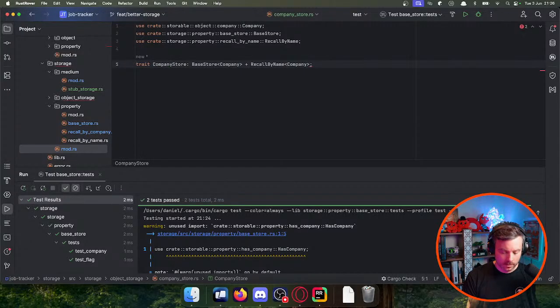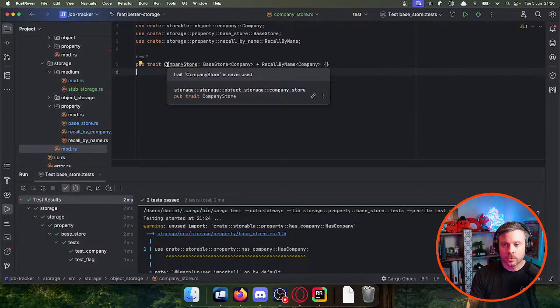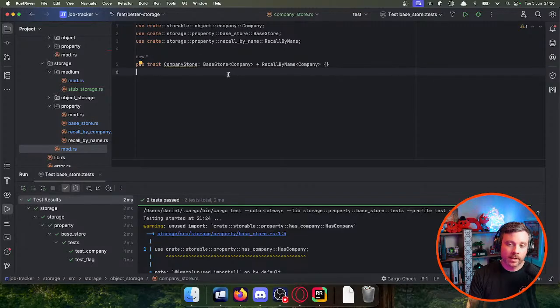Company. Oh, needs curly brackets, not a thing. So now we have a slightly more well-defined trait of company store, and a company store can be anything so long as it implements base store company and recall by name. So I think,